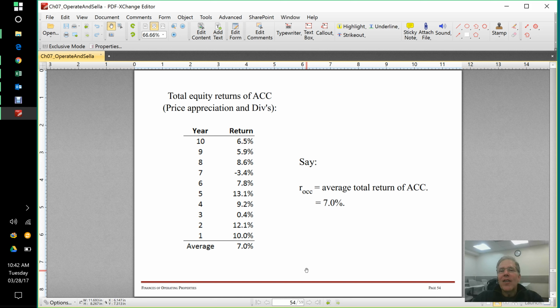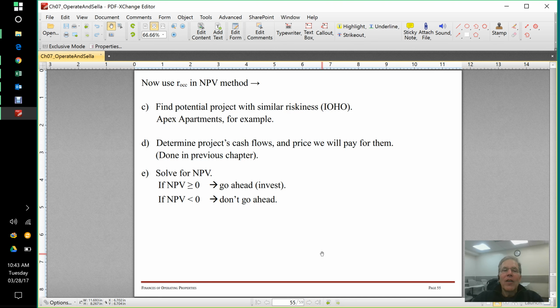So to take this average is probably not a great idea, right? But it's the best we can do, so we do it anyway. So now we have a good opportunity cost of capital for this, and we'll go ahead and use the NPV